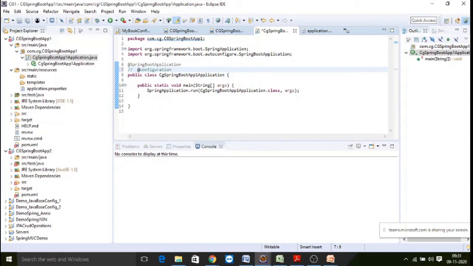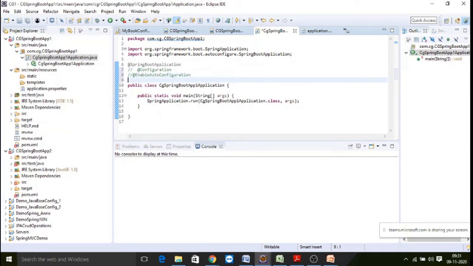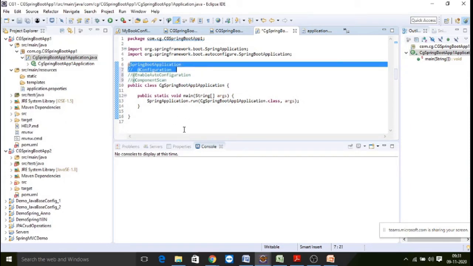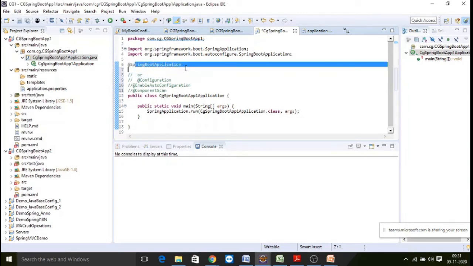Instead of using these 3 annotations, we are now using only one, by replacing them with the single annotation called @SpringBootApplication. That is one of the simplifications.